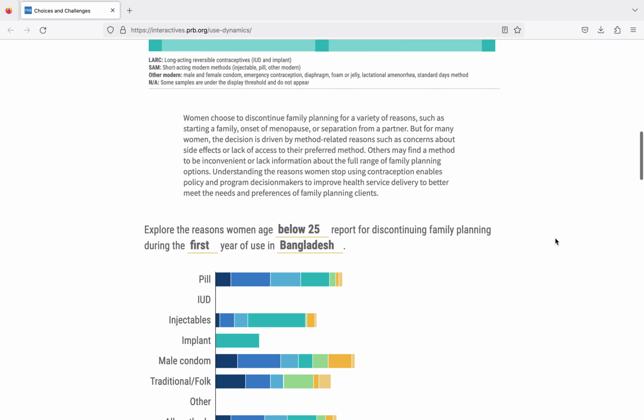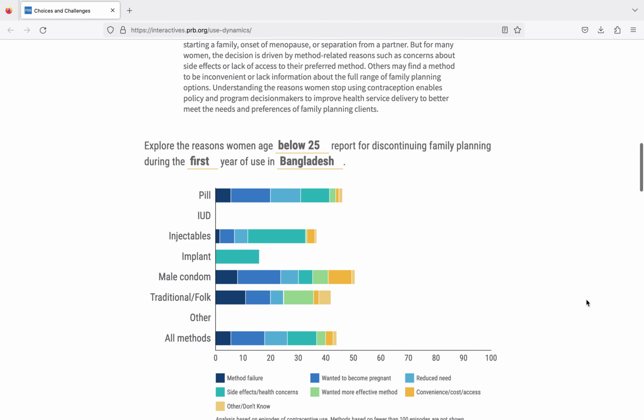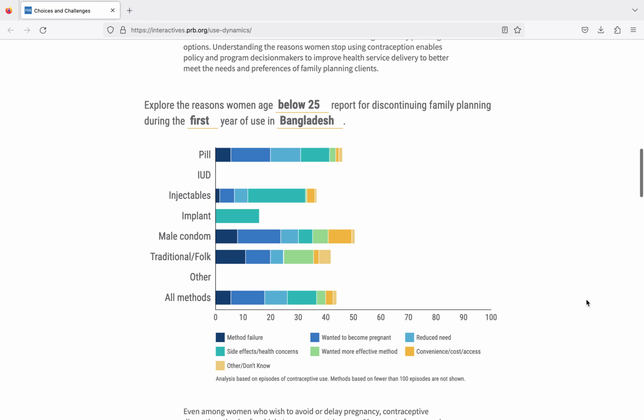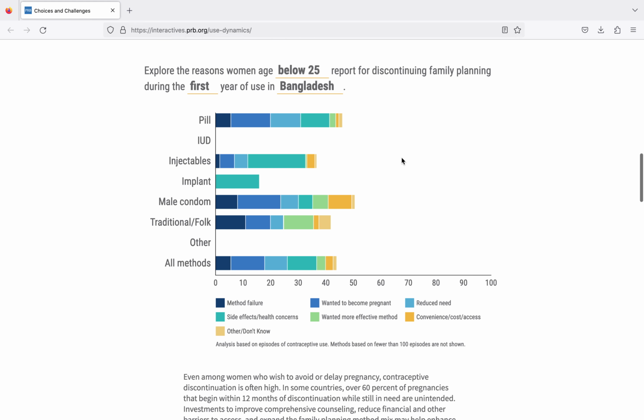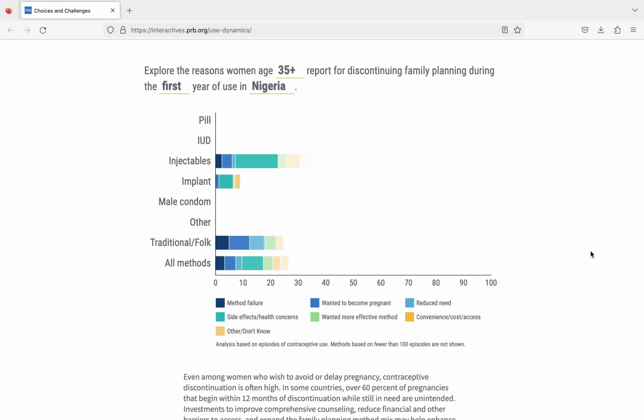You can also explore reasons why women of different age groups discontinue family planning during the first or second year of use in any of these 15 countries. So continuing on the previous example, let's look at women who are 35 plus in their first year of use in Nigeria. So you can see the reasons they report for discontinuing family planning during this first year. And it's a little different from the second year. So you can play around with this tool for the countries you're interested in, for the age groups you're interested